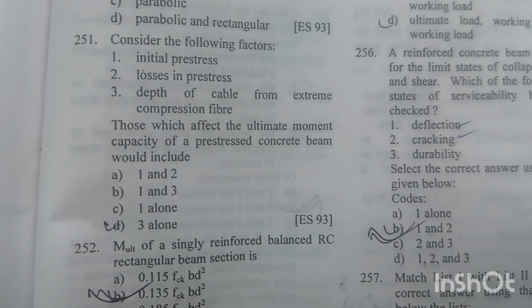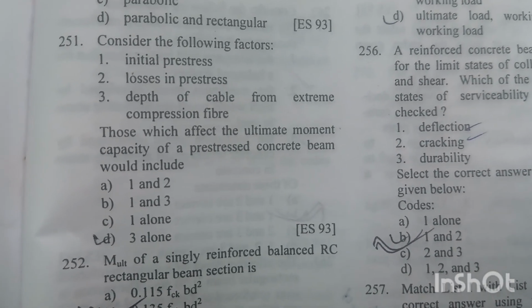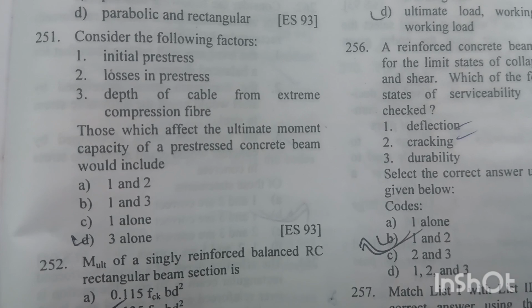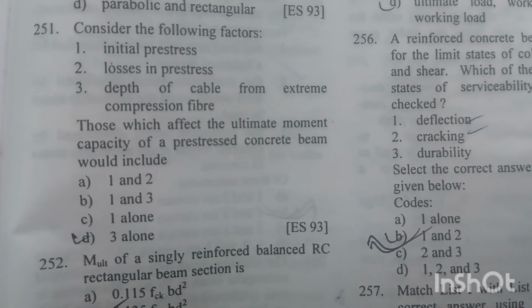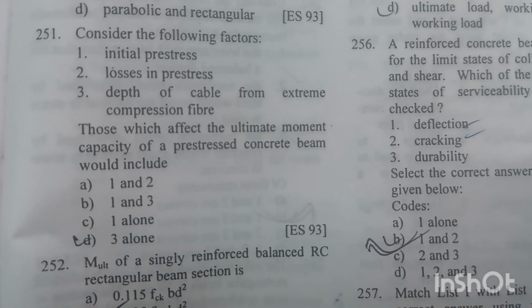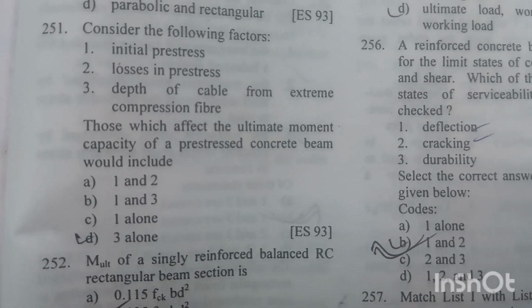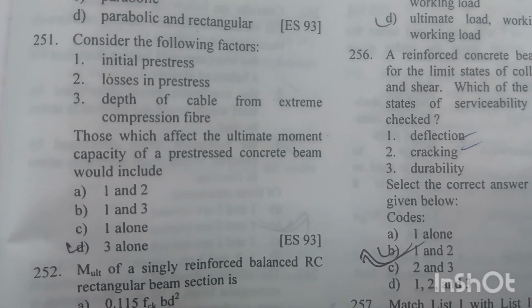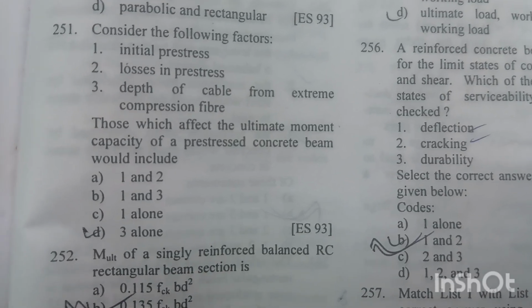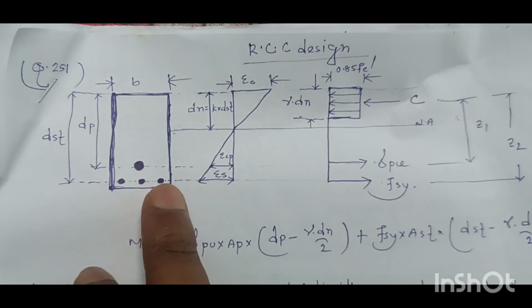Welcome everyone. Question number 251. Consider the following factors. Factors 1, initial pre-stress; 2, losses in pre-stress; 3, depth of cable from the extreme compression fiber. Those which affect the ultimate moment capacity of a pre-stressed concrete beam would include, suppose this is a rectangular